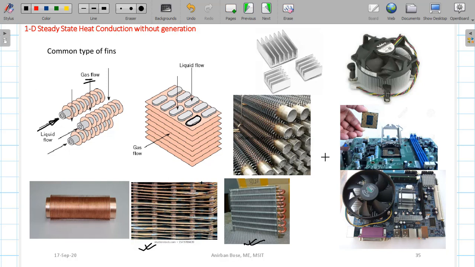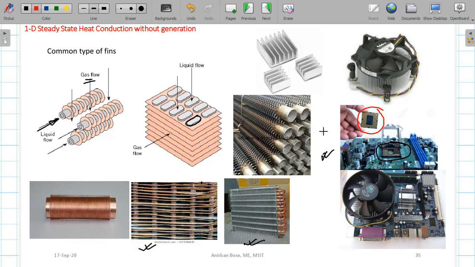Here you can see in this picture, this is the picture of a motherboard, and if you look carefully in this region, this is basically the position where you can see the CPU is attached with the motherboard. The CPU is made of a lot of transistors within it, so the heat that is generated within a very small space is very high with respect to the area. That is why, to save these electronic devices, or to increase the life of the device, it is required to dissipate the heat properly.